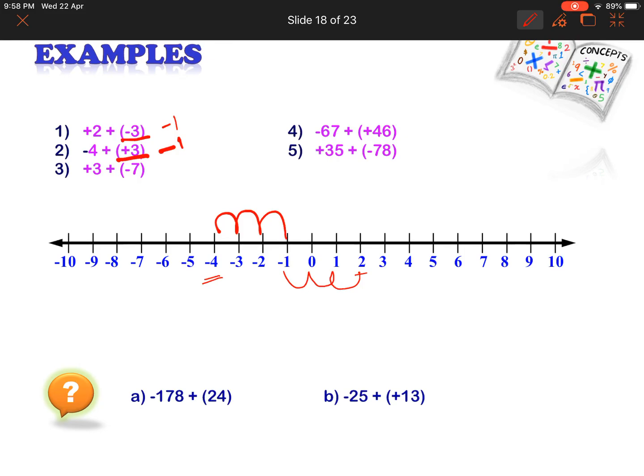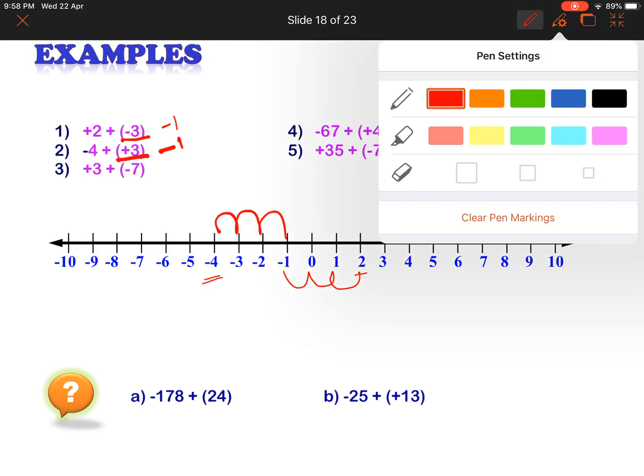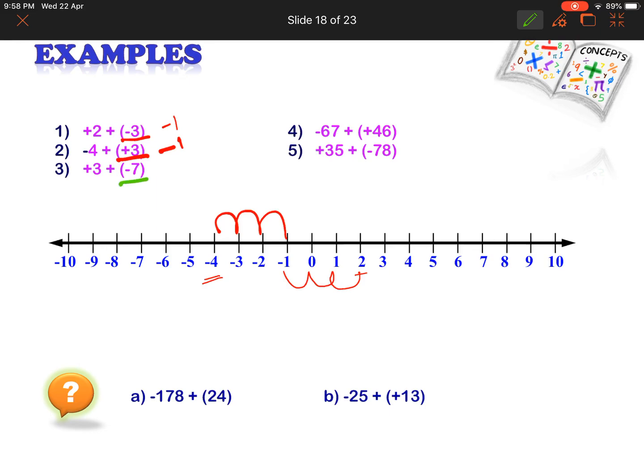Plus 3 plus minus 7. Now we are adding negative integer, so we will move towards left. We will take 3 on the number line and we will move 7 places to the left, 1, 2, 3, 4, 5, 6 and 7, which gives us minus 4 as answer. Okay,